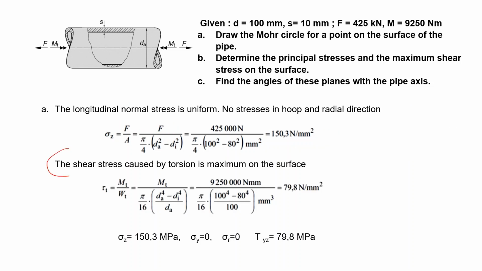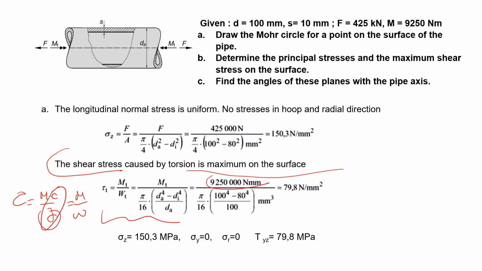Next, we have a shear stress, and it is maximum on the surface, and we know tau equals M times c over J, polar moment of inertia. This J over c you can call also W, and using this formula, put in the numerical values, you find that tau is